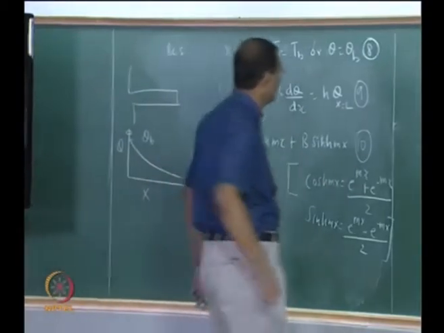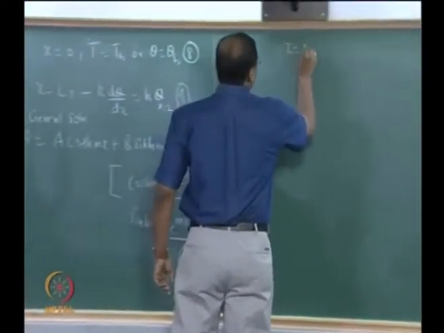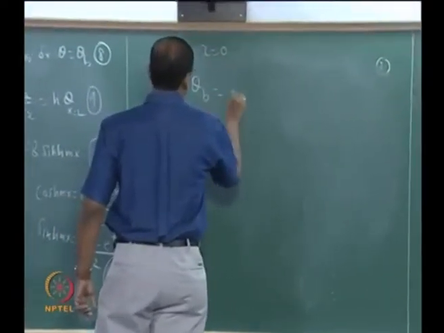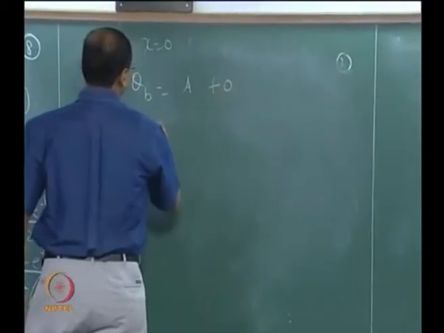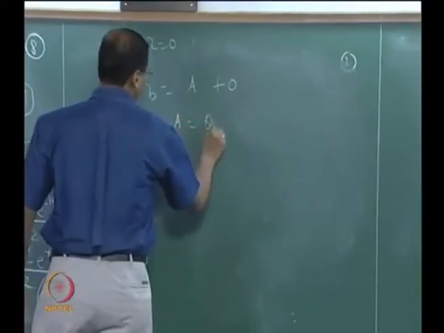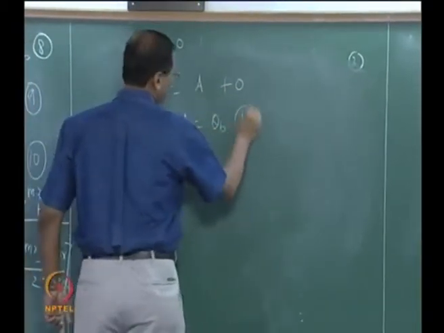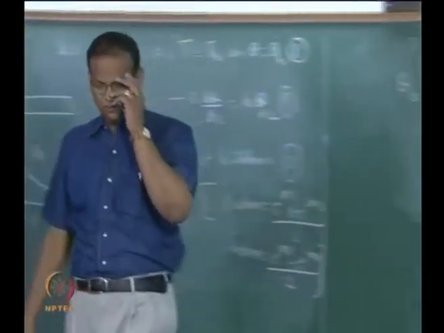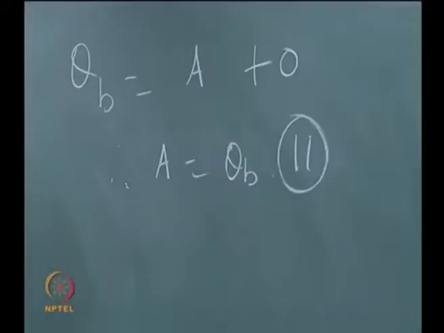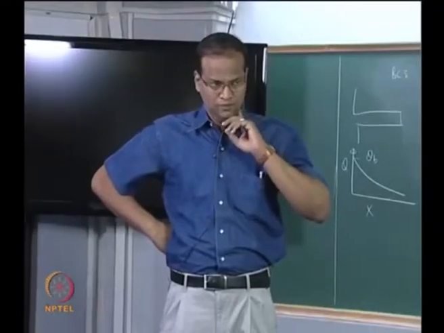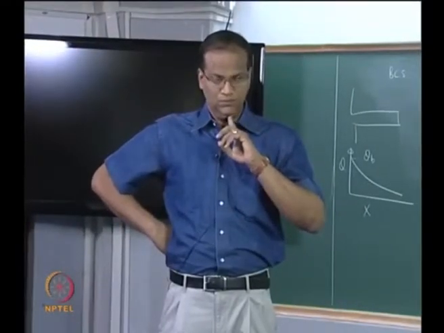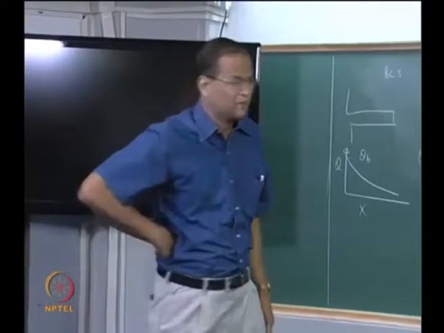Okay, now x equal to 0, is it correct? Sin h of 0 is 0, cos h of 0 is 1. All right, therefore